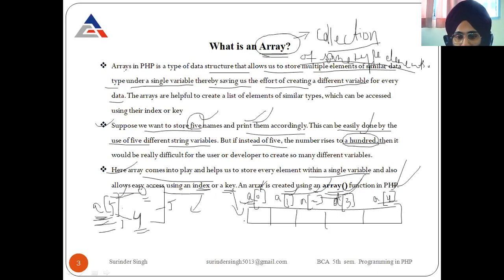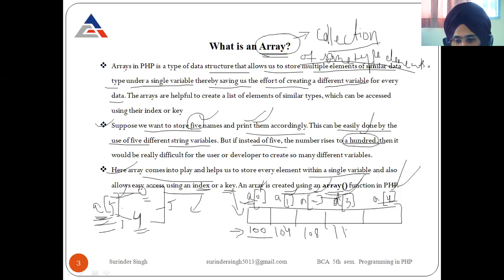Array elements are stored in contiguous memory locations, as you learned in C++ programming. If in PHP an integer takes 4 bytes, and it started from address 100, then the next address will be after 4 bytes, and then the next address will be after another 4 bytes.